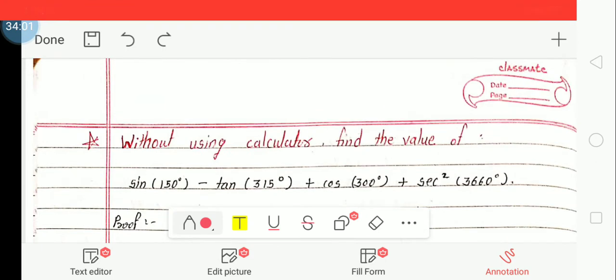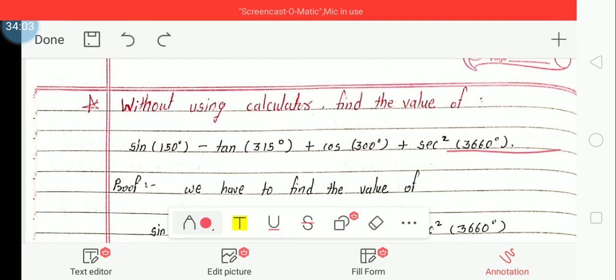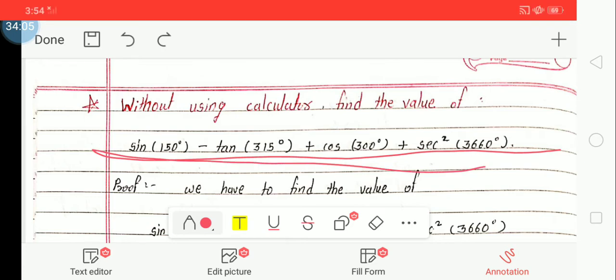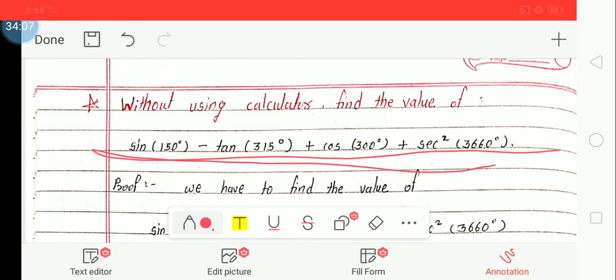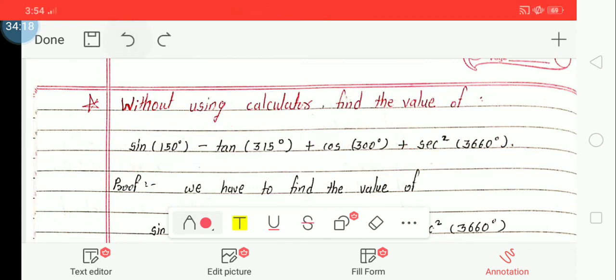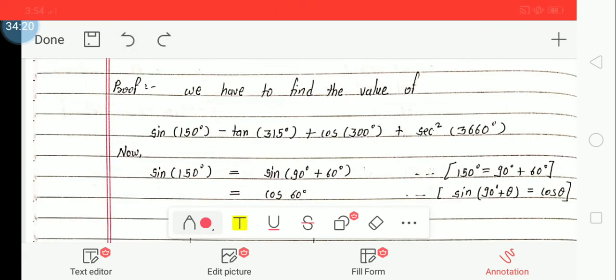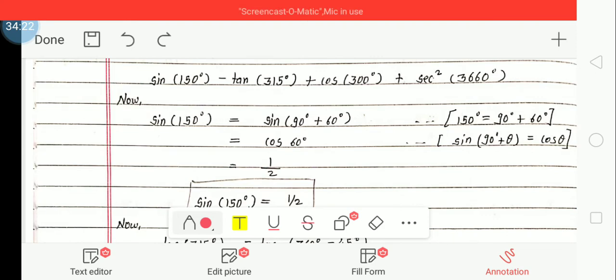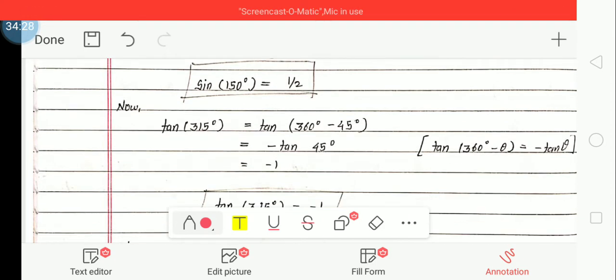Without using calculator, find the value of this. In this way, we find each of these values, and adding all four of them, we get the value of the whole expression. Now to find the value for 150, we can separate it as 90 plus 60, so cos of 60 is half. Now tan